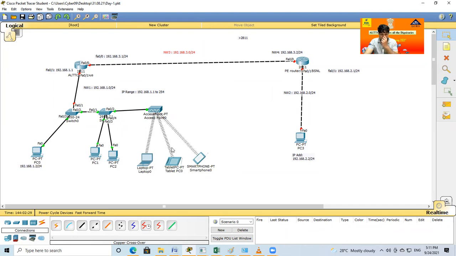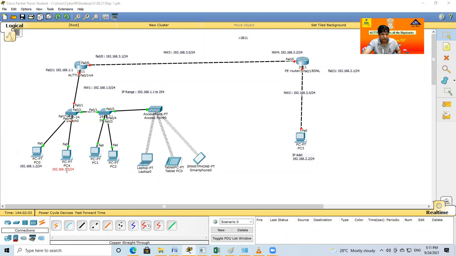Okay, so the allotment of IP is also done now. How to allot the IP of this PC? I take one more PC. One more interesting thing for all of you before ending this session: I just connect one more computer, and I take one more IP.